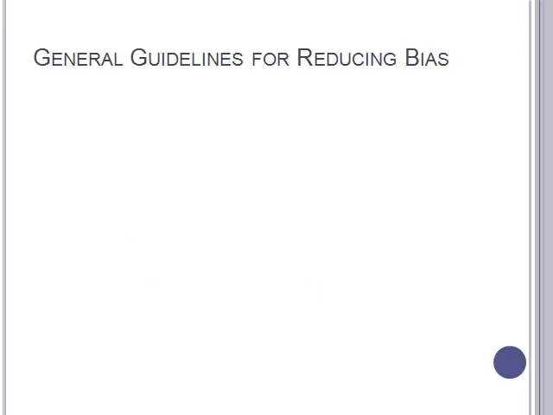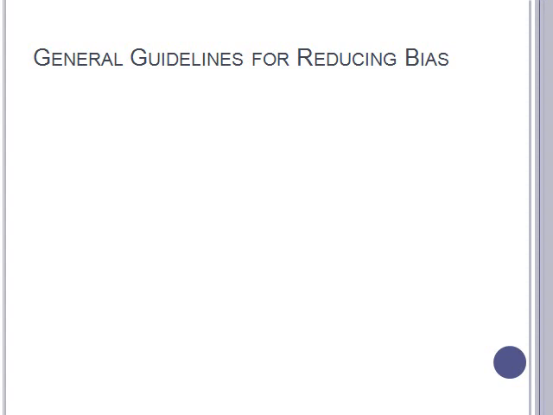So first we'll start off talking about some general guidelines for reducing bias. And notice I do say here in the manual it says reducing bias, not eliminating bias. Not because we're not motivated to do so, but because it's probably unrealistic to eliminate all bias. Because we're generally not always aware of the presence of bias, our own biases. It's hard to see them. So that's why we're going to talk about some guidelines to help increase your awareness of biases that